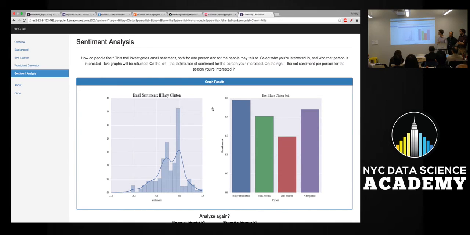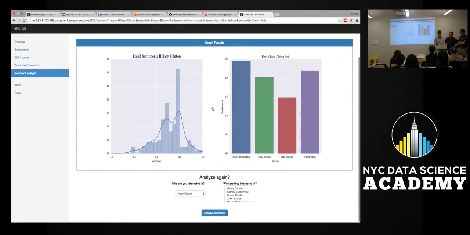So once again, using TextBlob on a scale of 1 to -1, we take the emails sent by Hillary Clinton to these people, Sidney Blumenthal, Huma, and so on and so forth, and we get the sentiment of those. And it reflects the general distribution of Hillary's overall sentiment, and that she's pretty chipper to everyone. She's a little more chipper towards Sidney Blumenthal and Cheryl Mills, and not so much towards Jake Sullivan, which I think you referred to tension before, who knows. But this tool will allow you to start looking at these sort of things.